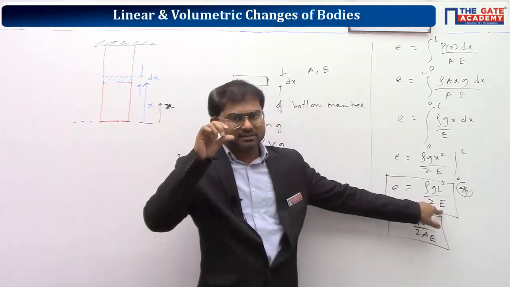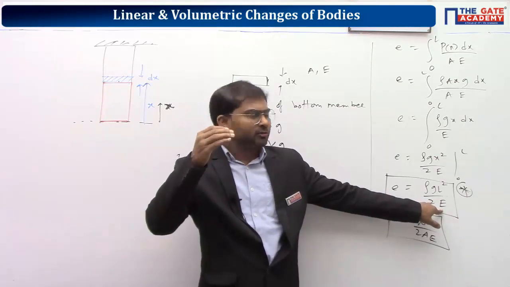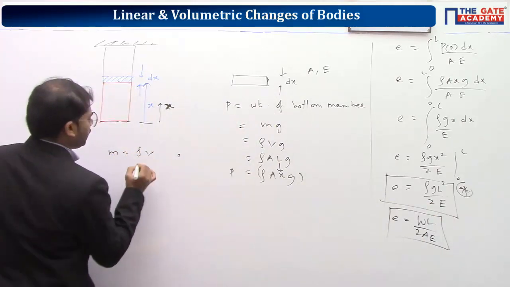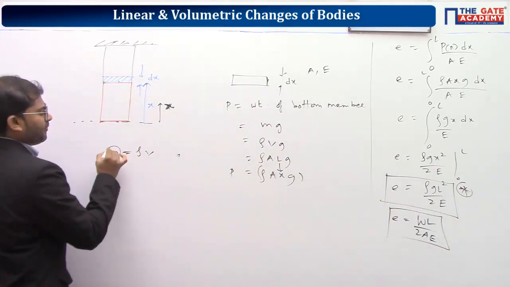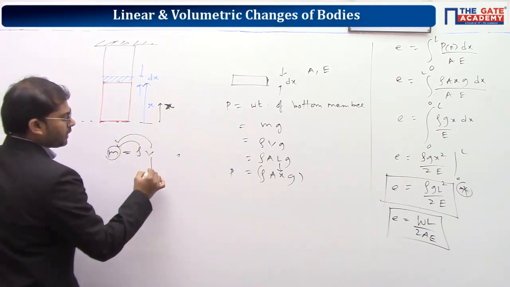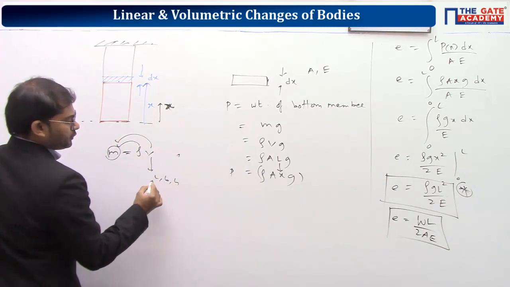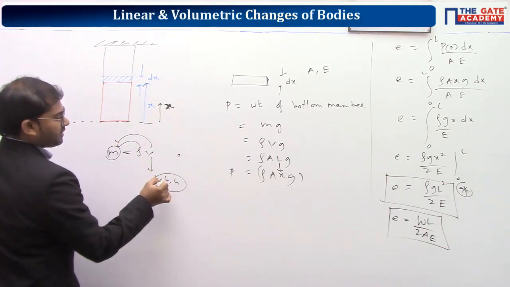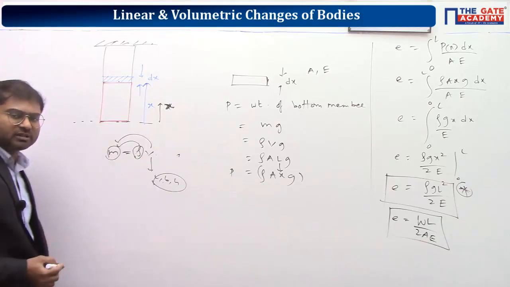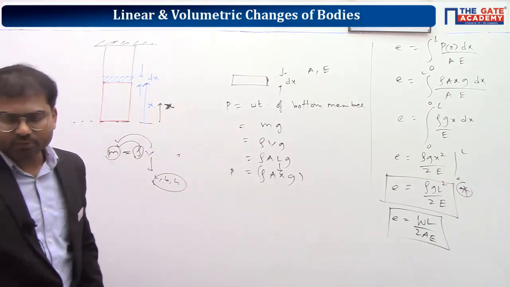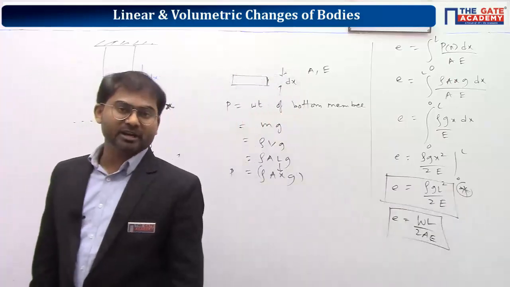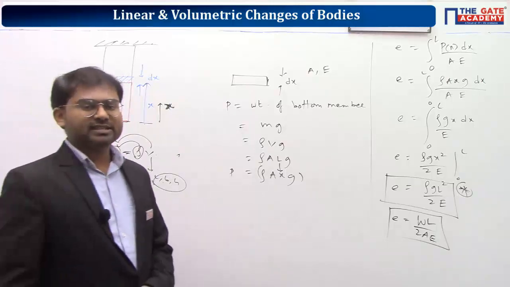In fact, for example, you take mass is equal to density into volume. So how much mass is there comes from density and volume. Again, volume comes from dimensions: length, breadth and height. So these are independent. Density is not having any other formula. You have to measure the value of density. The correct answer is option D, where elongation is proportional to L square and independent of diameter. D. Let's go with the second part.